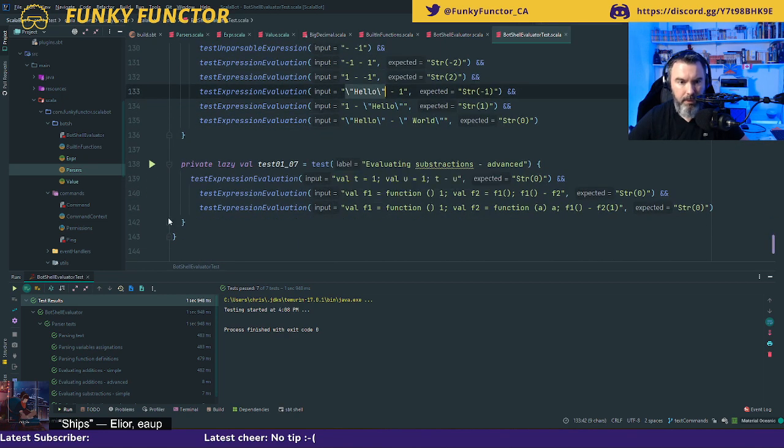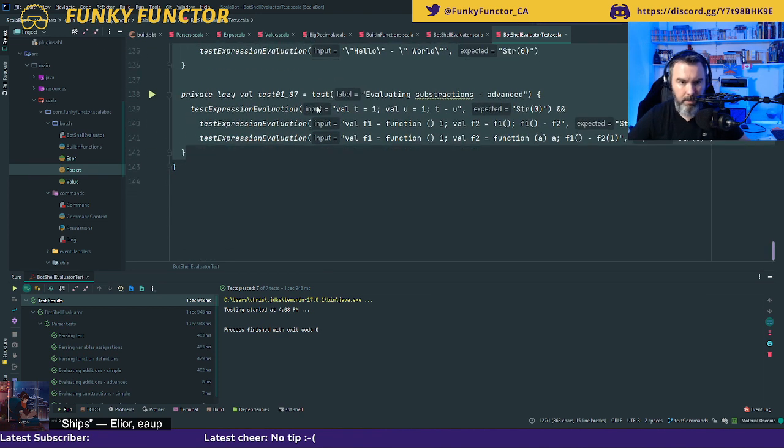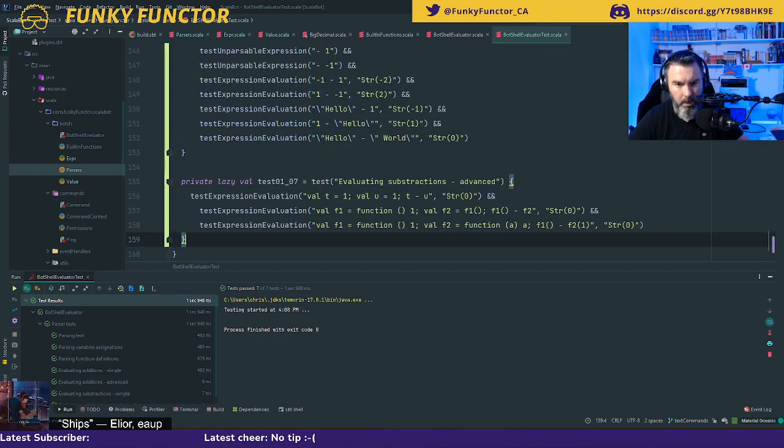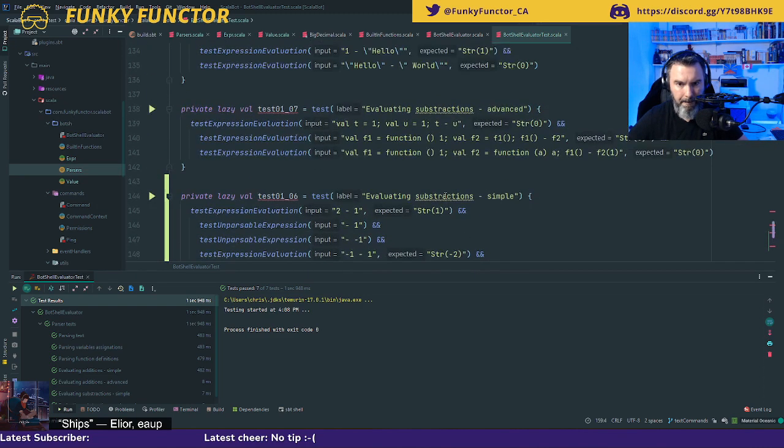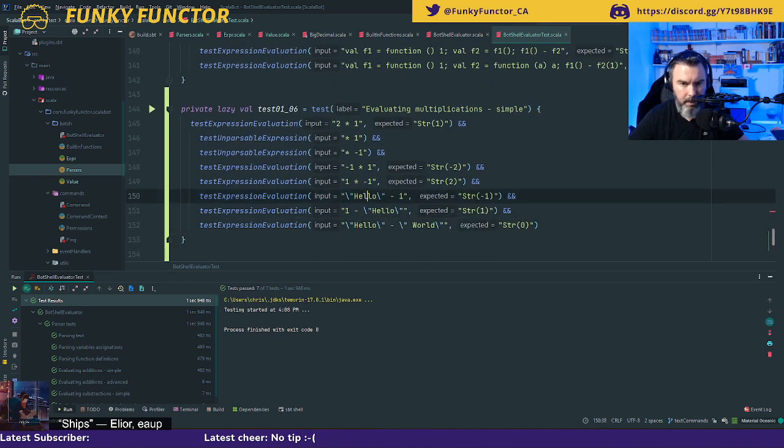Let's add a few tests. So that is subtraction. I'm going to do the same thing for multiplication. Multiplications, and 2 times 1 is, let's do all the modifications first, and then I will do my calculations for the expected values. Hello times 1. I will need to add some extra.